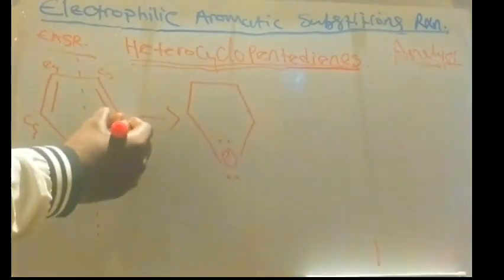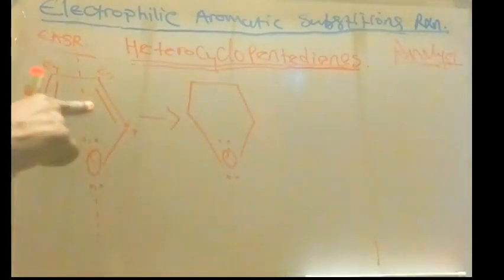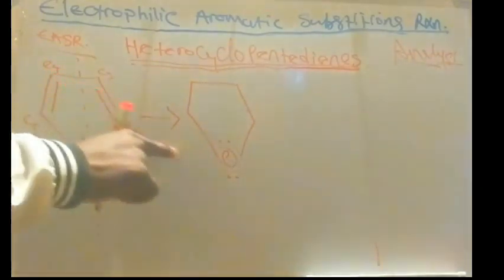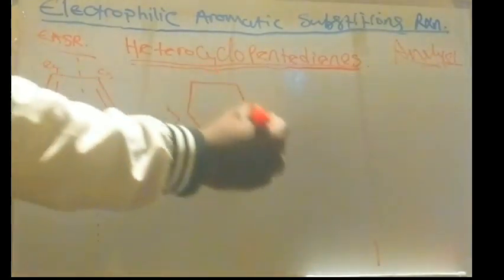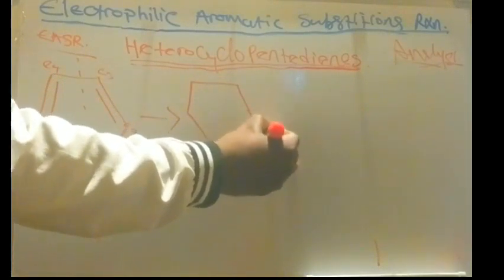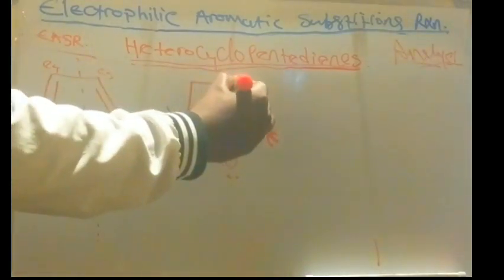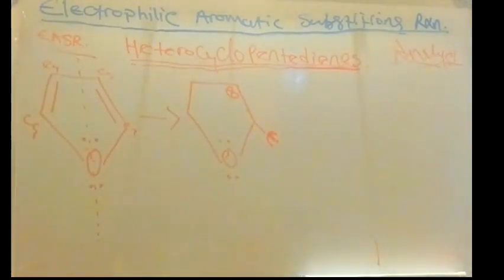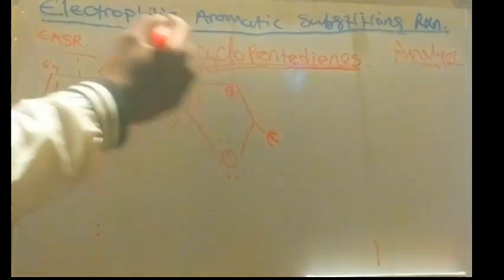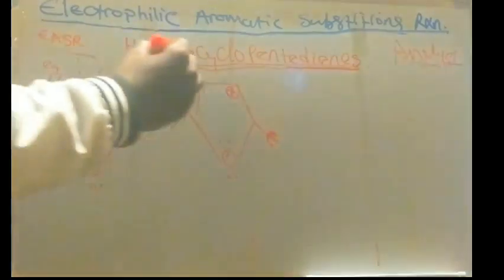So if carbon number 2 is attacked, which is this position, this double bond will break. So this new bond will be formed between carbon number 2 and the incoming electrophile. So we have our electrophile here, and then we have this bond broken, so there's a positive charge on this carbon right here, and then the other pi bond is maintained because there's no reaction. So this being our first